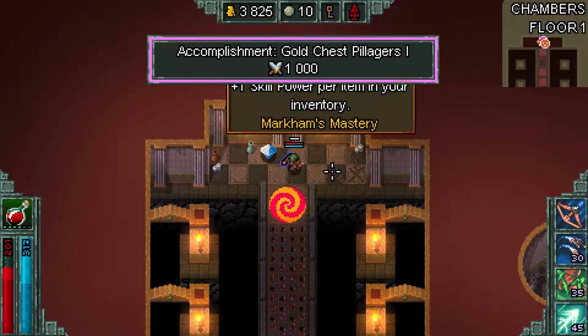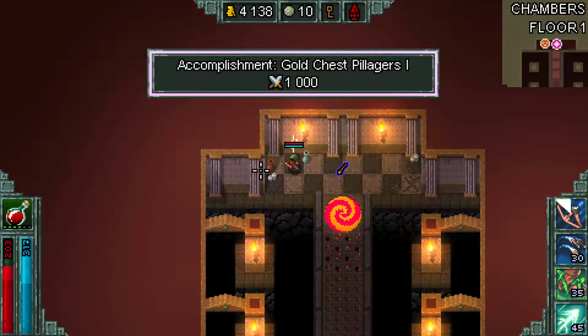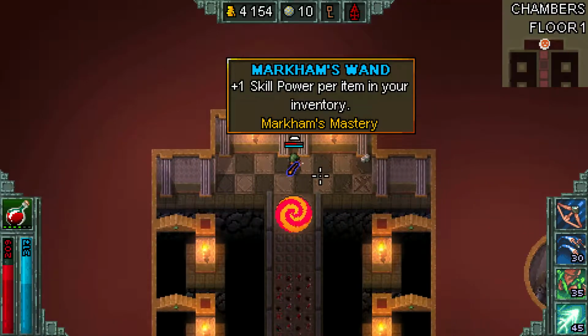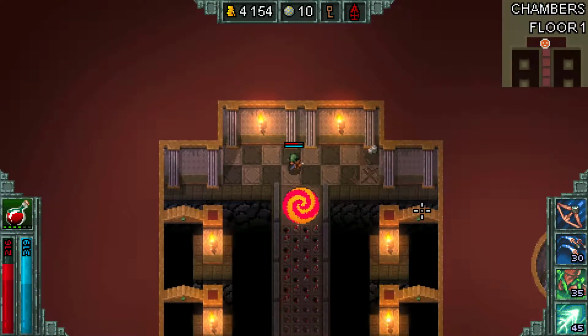I do not like that trap whatsoever. And even worse off, we got a crappy item. Skill power for item in your inventory. This one is based off of primary attack. Okay, so let's just...